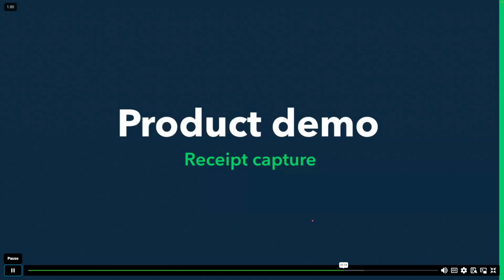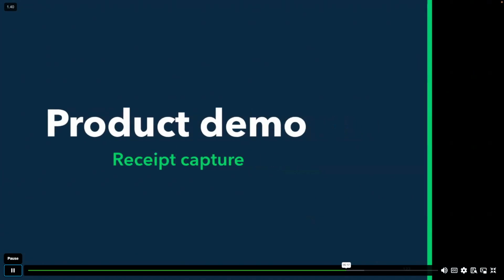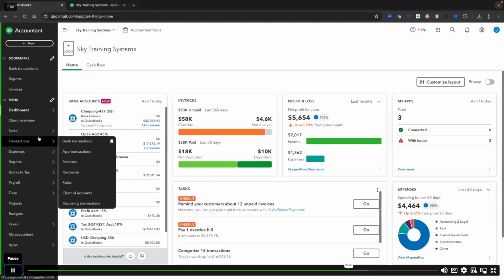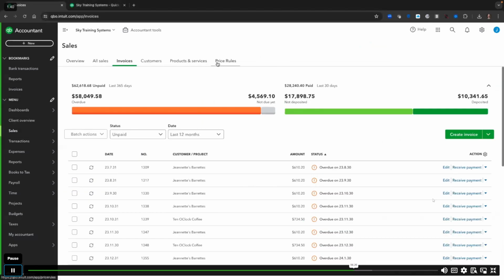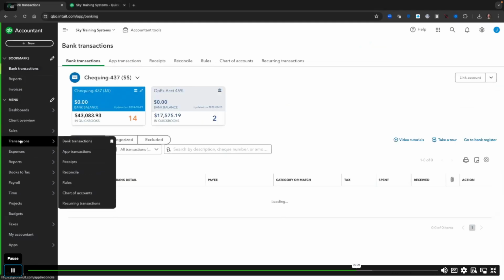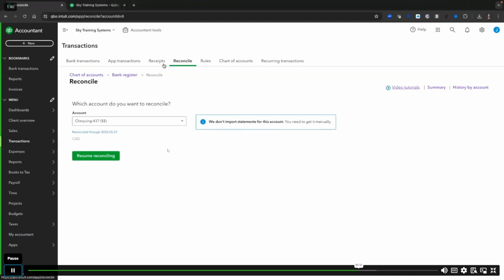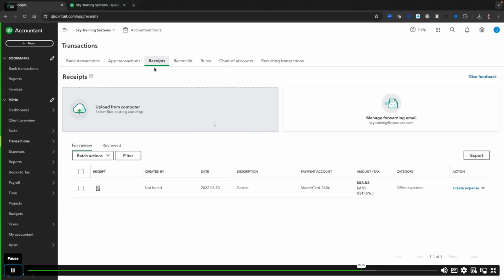Okay. Now, in here, we've really talked about all of this, but let's just talk about where this shows up. If we go to our sales center, we're not going to find the receipt capture element. If we go to our transaction center, that is where we are going to find our receipt capture section. It is called receipts. If we want to upload, we can drag and drop here or manage our forwarding. We see that we do have a receipt. We can go ahead and create an expense from this particular